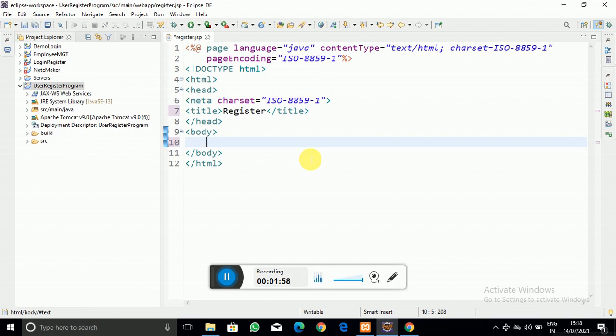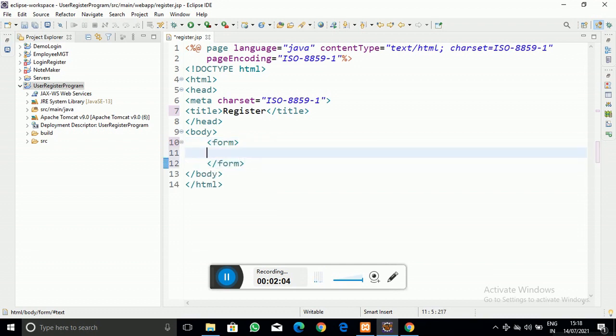So let me take the form, and into that we are going to take the input from the user, with input type text. Write that code here.